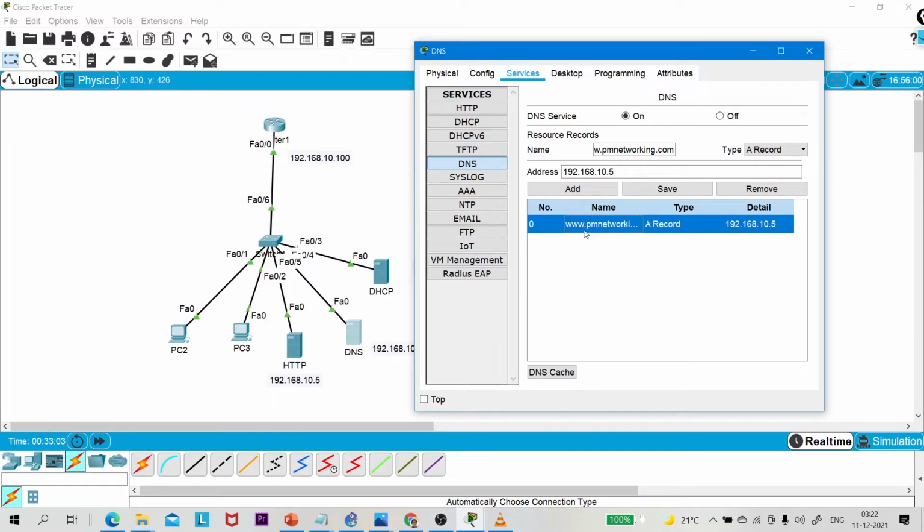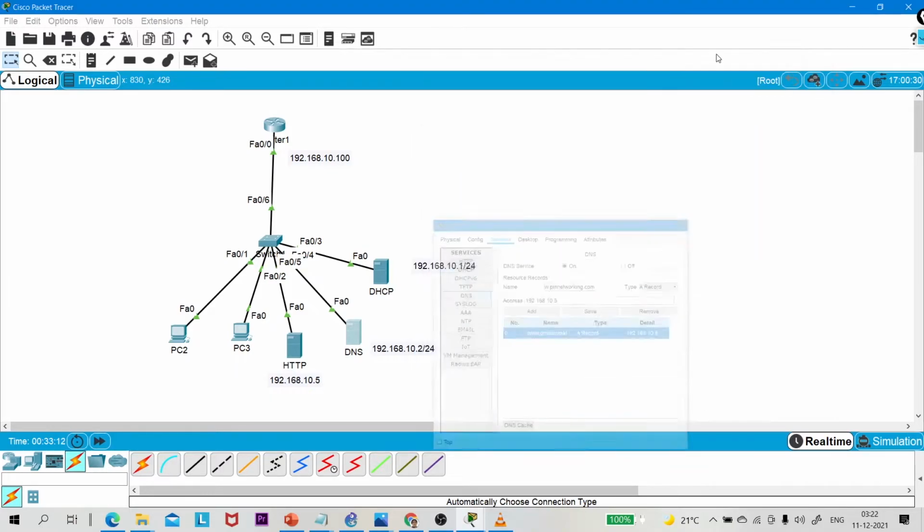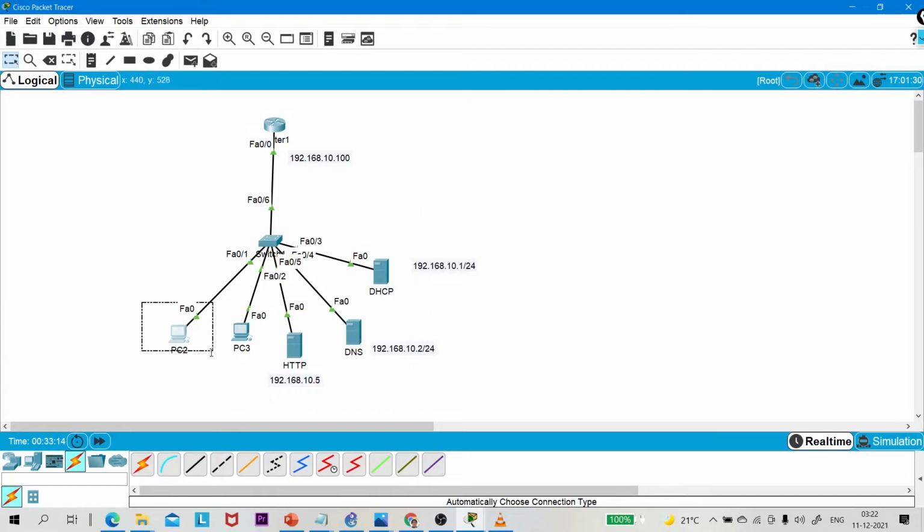So the entry is: the domain name is www.pmnetworking.com and the IP address is 192.168.10.5. So whenever this PC searches for www.pmnetworking.com, this machine will generate a message for the DNS server to ask what is the IP address of www.pmnetworking.com, and the DNS server will reply to the client, this machine, right?